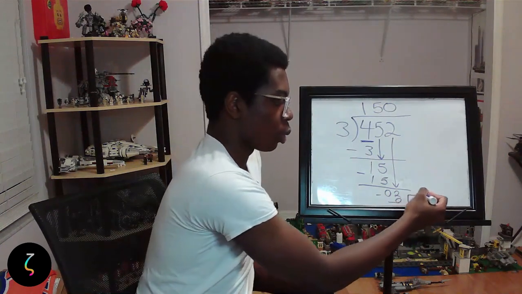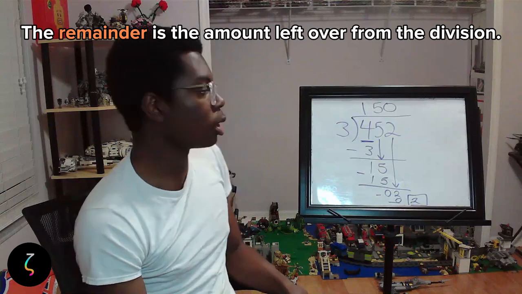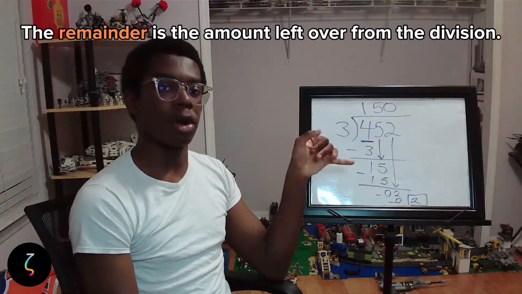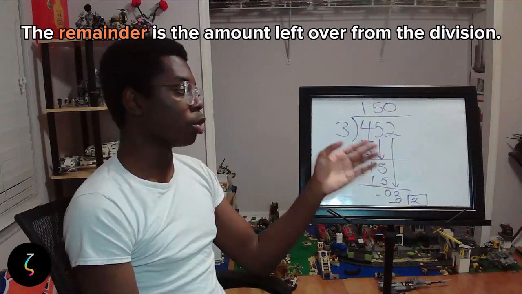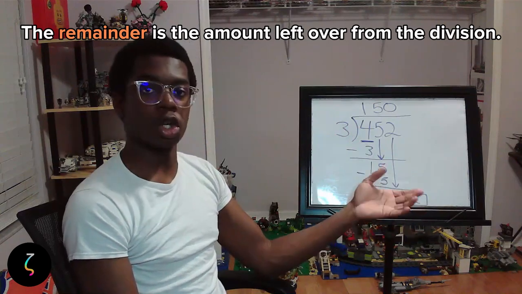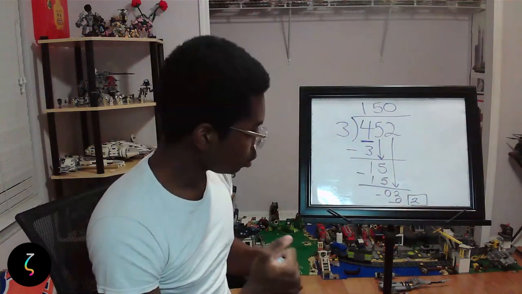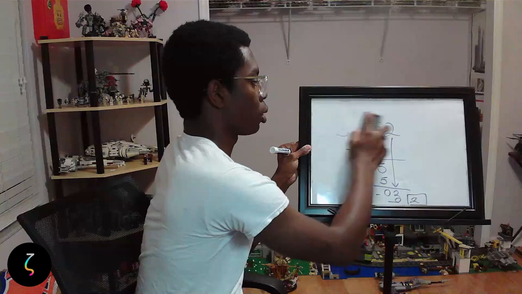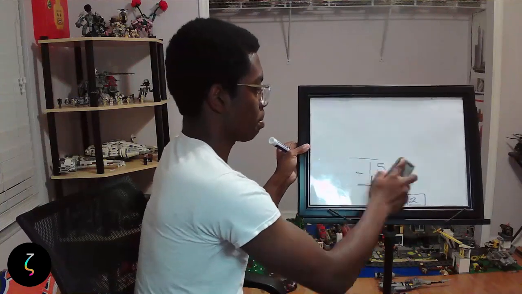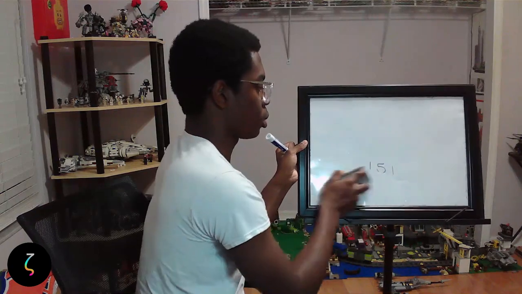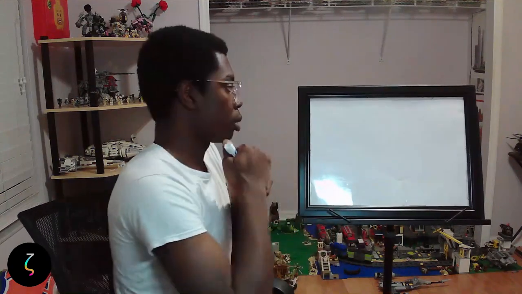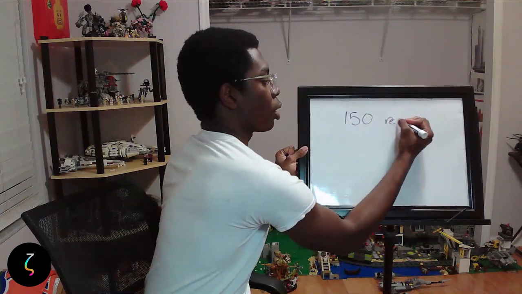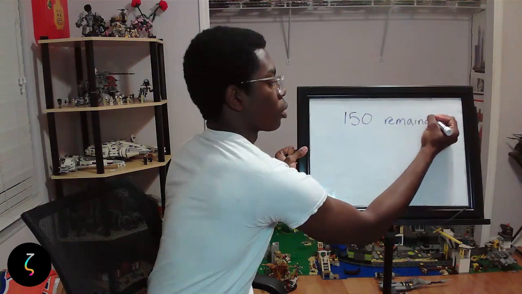So the remainder is the amount that's left over. So what this means is that 3 does not evenly divide into 452. And when you try to do it, you're going to be left with just 2 left over. So when you're writing your answer, you can write it as just 150 with a remainder of 2,